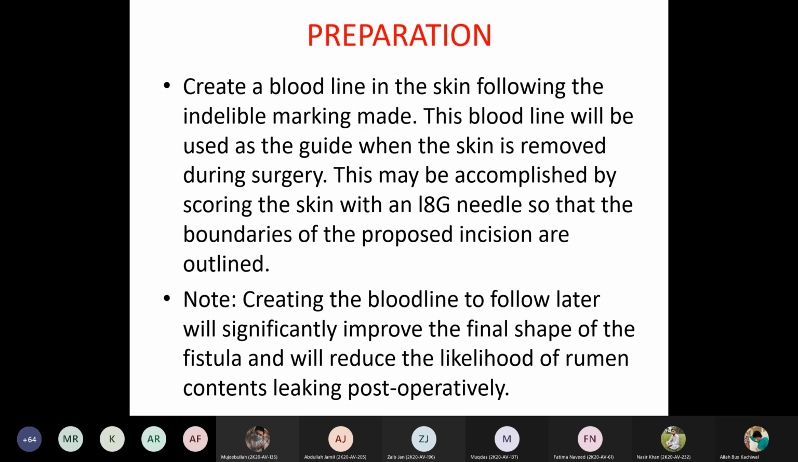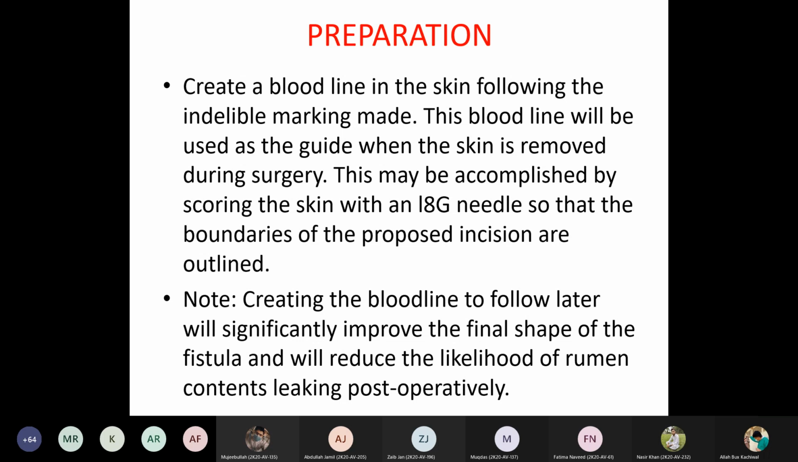Preparation: create a blood line in the skin following the individual marking made. So you have to mark the skin, inject the lidocaine, and perform the incision. This blood line will be used as the guideline when the skin is removed during surgery. This may be accomplished by scoring the skin with an 18-gauge needle, so that the boundaries of the proposed incisions are outlined. Creating the blood line